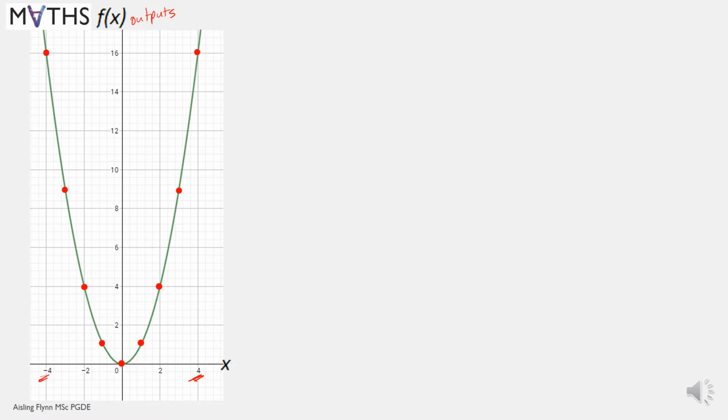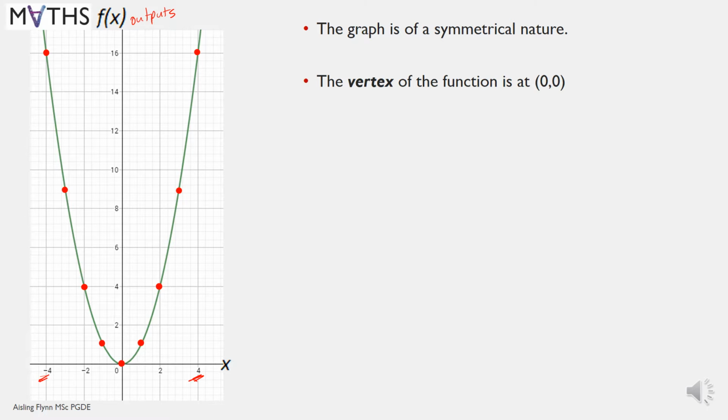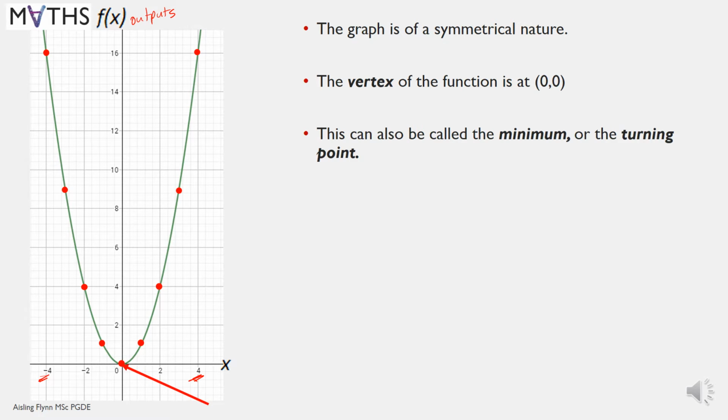So what results is this nice U shape, and it is symmetrical, same left and right. So the graph is of a symmetrical nature, so the left is the same as the right hand side. The vertex of the function is at 0, 0. So 0, 0 is down there at the bottom. The red arrows pointing to it. This may also be called the minimum of the function. So minimum meaning the bottom or the lowest value is at 0, 0,